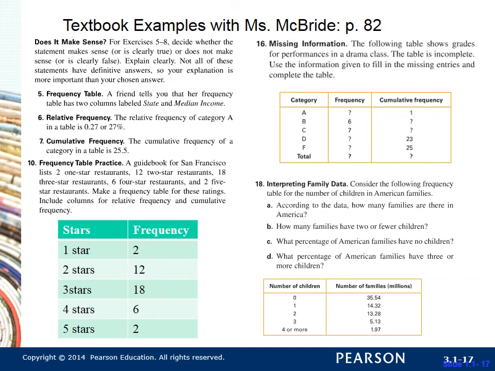All right, so what percentage of American families have no children? So to get my percentage, I have to divide. I need the number with no children, 35.54, but to get the percentage, I'm going to divide it by how many we said we had, which was 70.24. And I'm just going to leave this all in millions because the ratio works itself out. So 35.54 divided by my 70.24, and that gives me